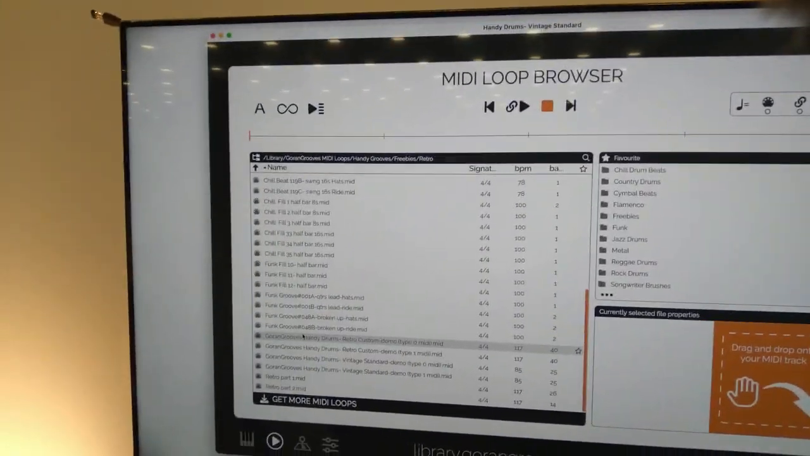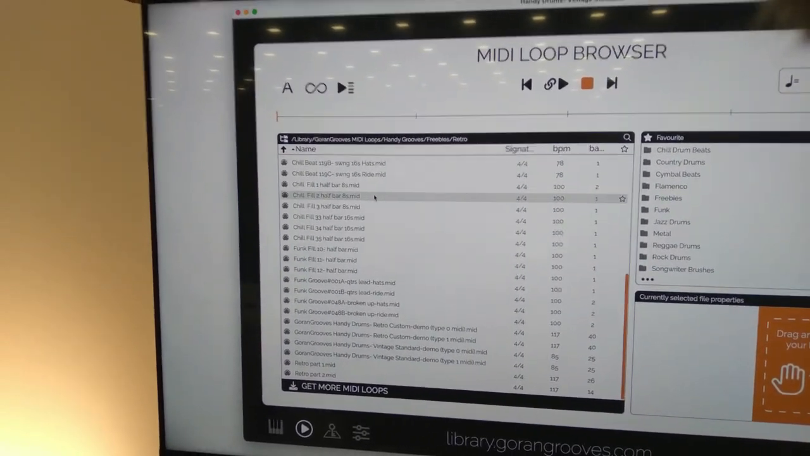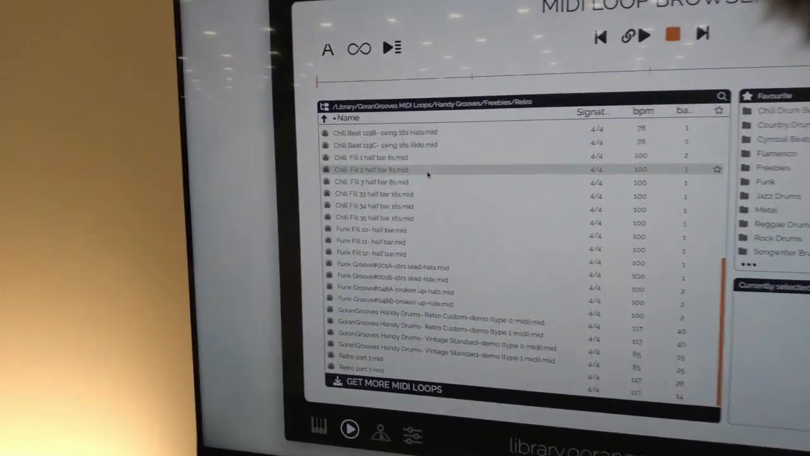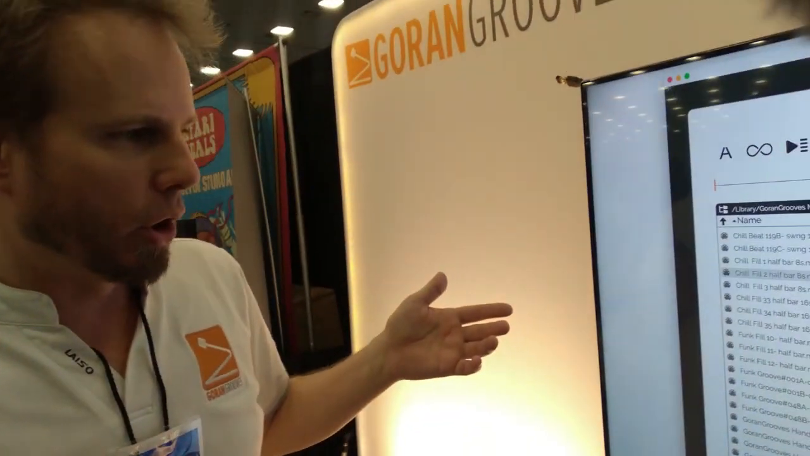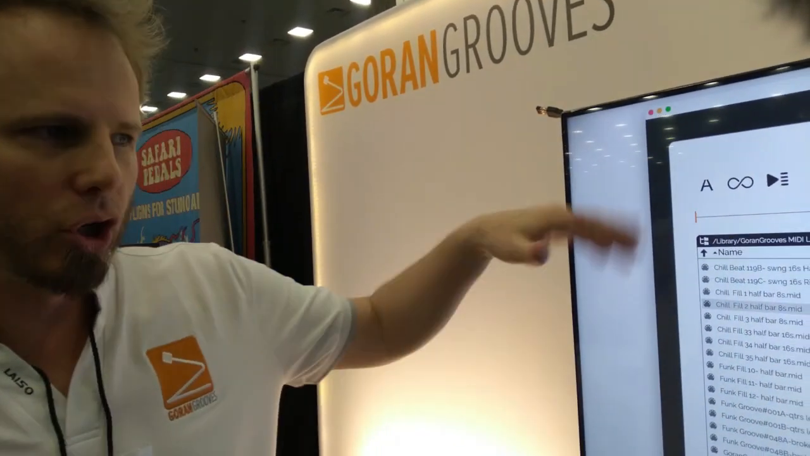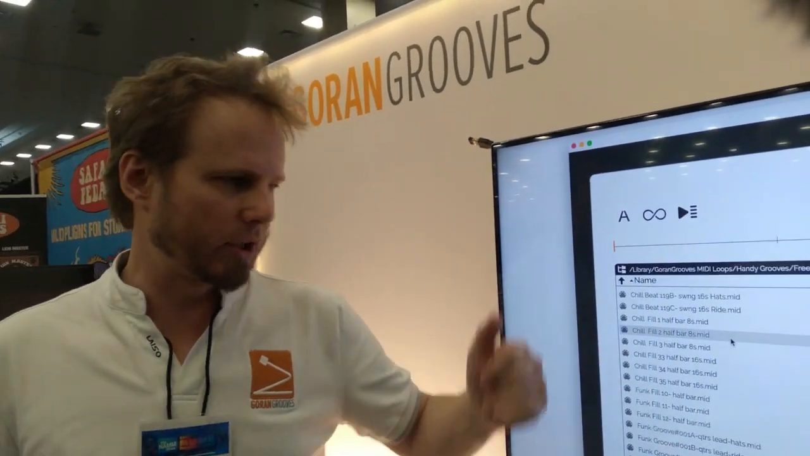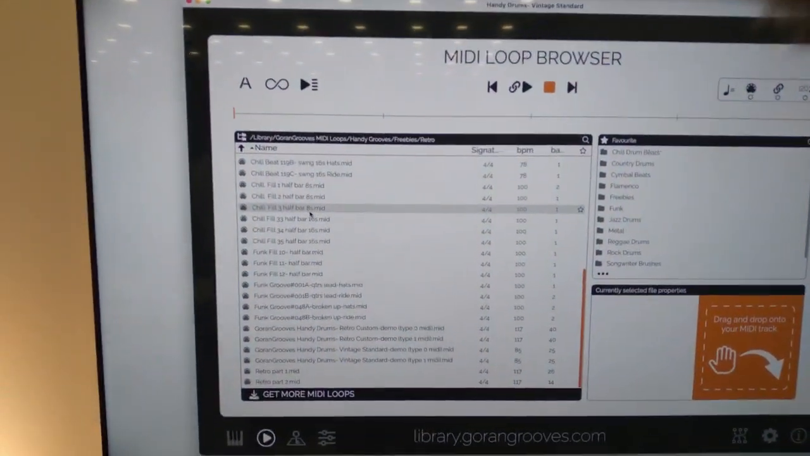Apologize for the sound in the background. So what we've got here is a MIDI loop browser. It enables you to preview any drum loops you have on your computer. It's either something that's going to get included with the plugin, or the ones that you already have or created. Anything that's on your computer, you can browse through it and listen to it through the plugin. So let's see. Let's put